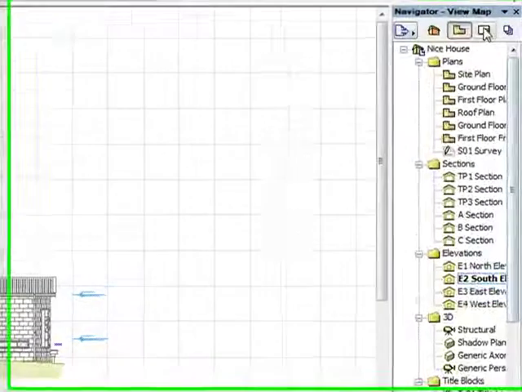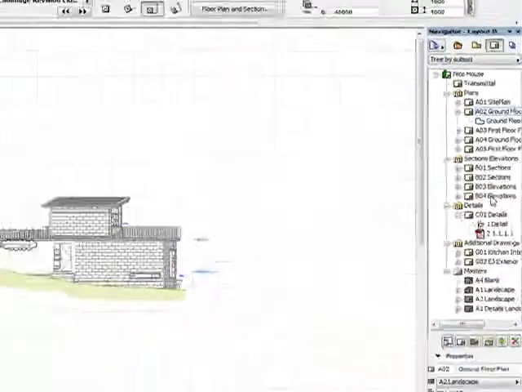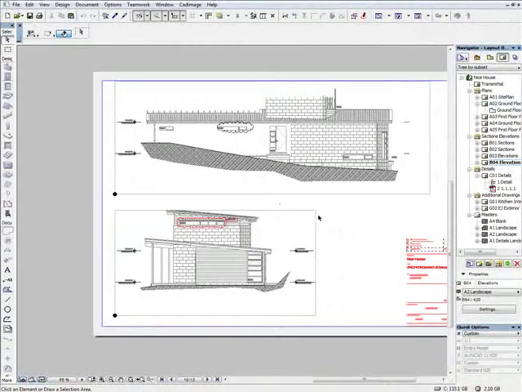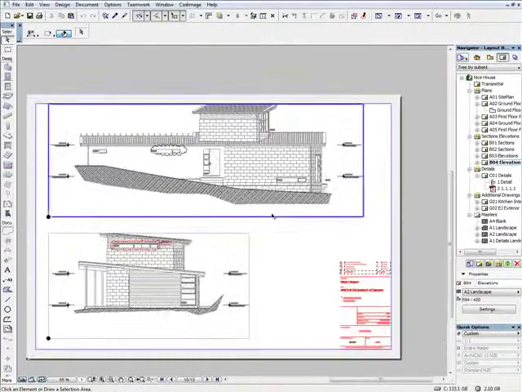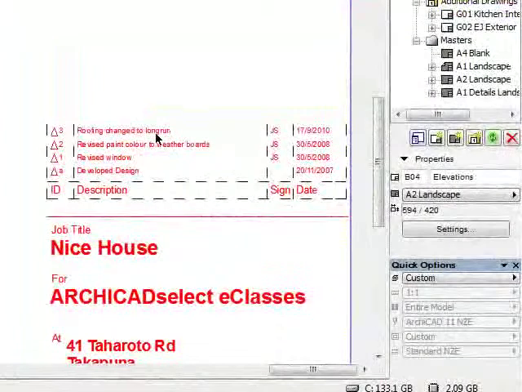Now I'll navigate to a layout that shows 2 elevations. The global revision we added via the Revisions Manager dialog is listed in the title block. However, although the revision clouds relating to the hallway window show up, that revision is not yet listed in the